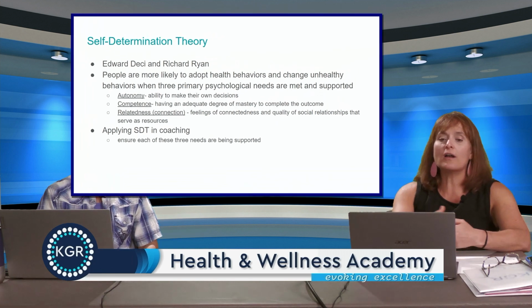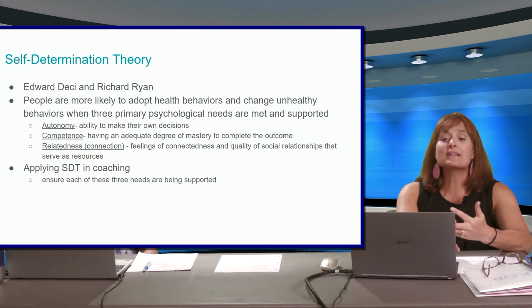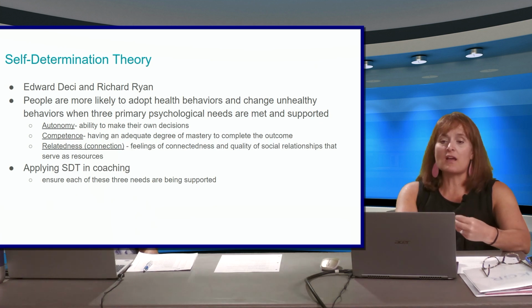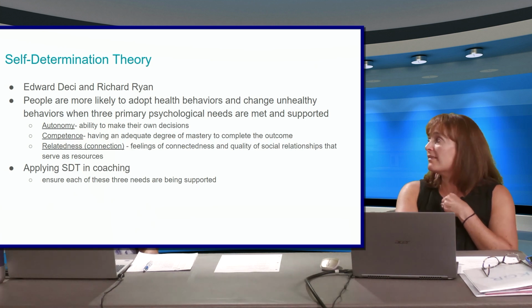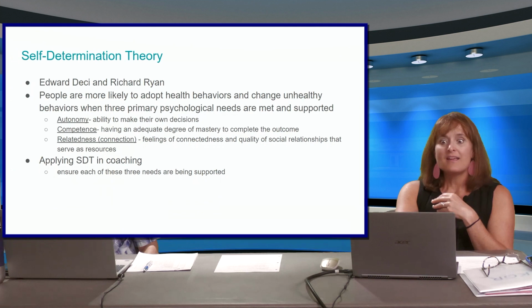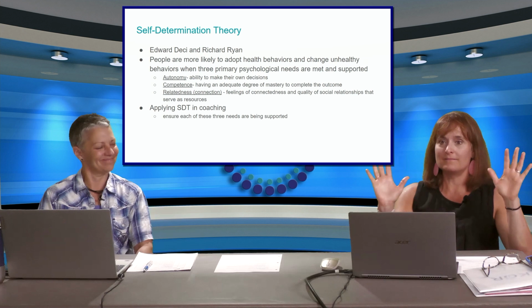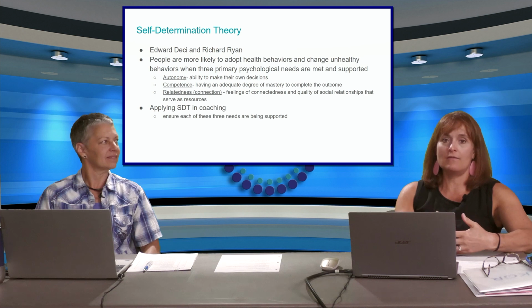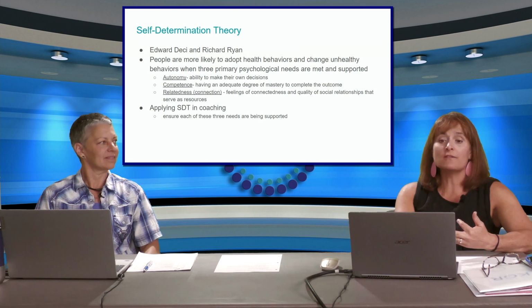And what those are: autonomy, competence, and relatedness. And when they use the term relatedness, this really means connections. So again, when these 3 components are in place, when we are respecting autonomy and understanding that we have the ability to make our own decisions, no one likes for their autonomy to be threatened, right? When we try to take that away from somebody, we automatically go into, wait a minute, mode. And so when someone has full autonomy of their decisions, their actions, and what's next, then they are going to feel comfortable in moving forward.